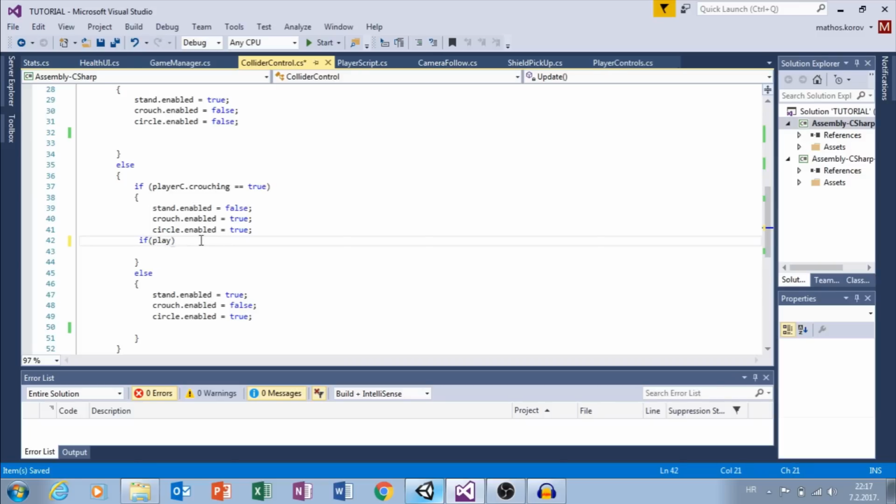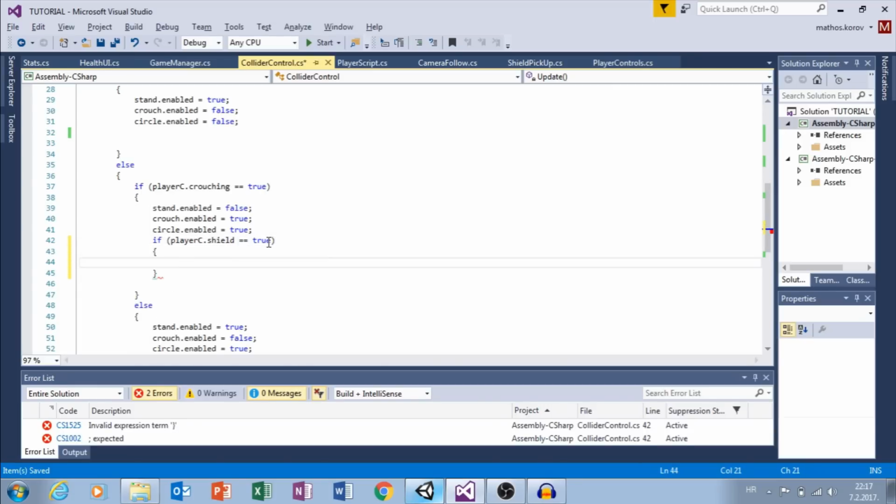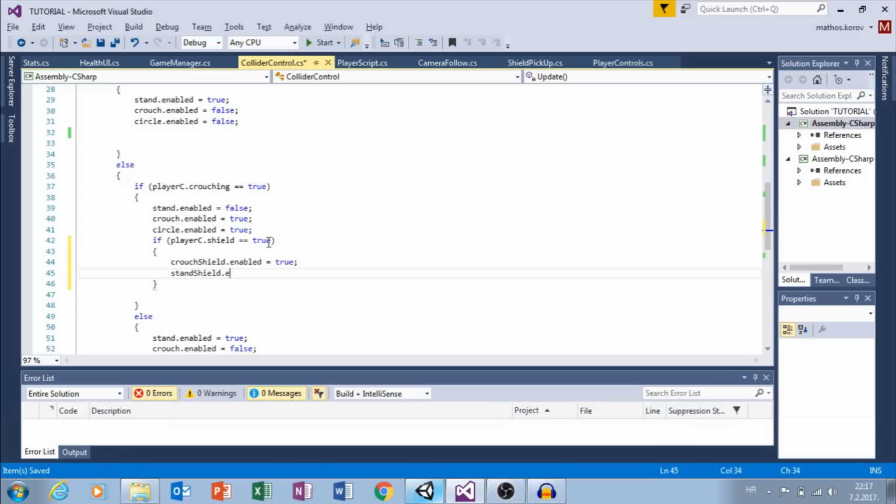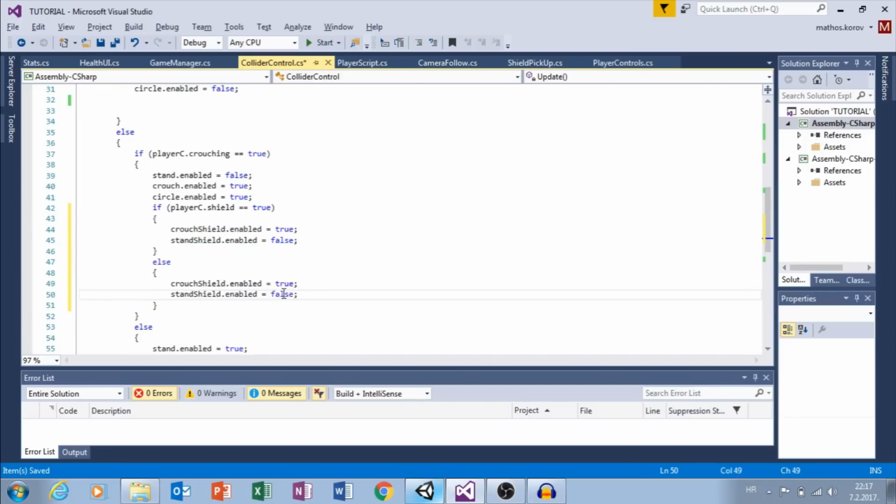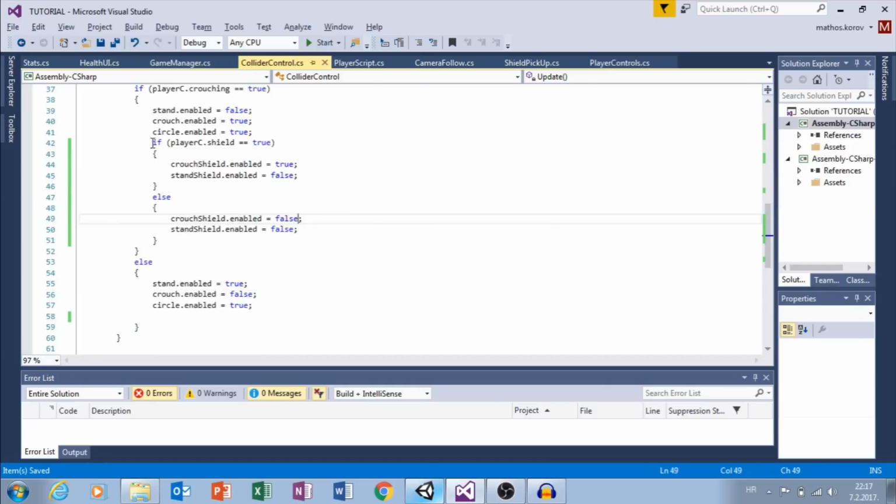So if playerC.shield equals true, then we want to say that our crouch shield is true because we are using crouch, and our stand shield is equal to false. And if our shield bool is false, then we want to disable these two colliders. So let's set this to false. We can copy this